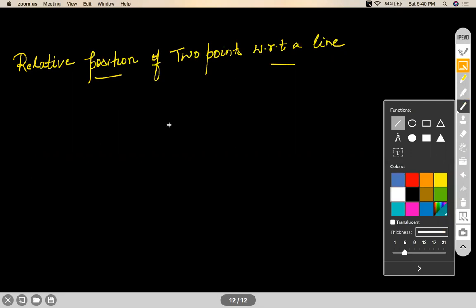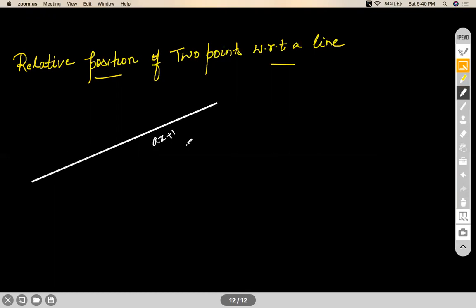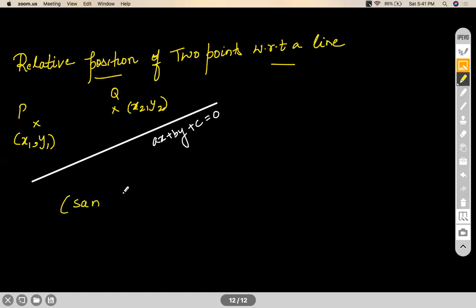So let us say I have a line with me whose equation is known to us. So let's say this is your general form of this equation, and I have been specified 2 points P and let's say Q. Okay, and I know the coordinates of these 2 points. Without plotting the line or without sketching the line and these 2 points, how would one come to know whether the 2 points are on the same side of the line, just like in this case, they are on the same side of the line, or they are on opposite side of the line?